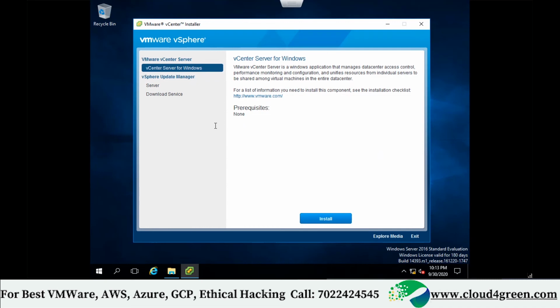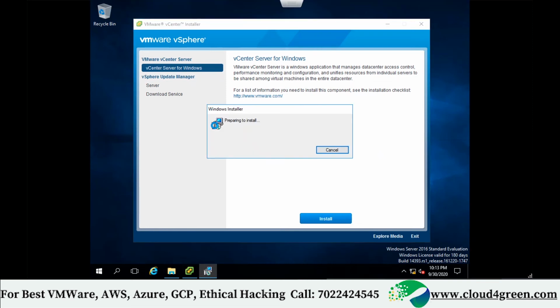And in bracket you can mention ISO size is equal to 2.07 GB. Step 3, browse DVD drive, click on autorun.